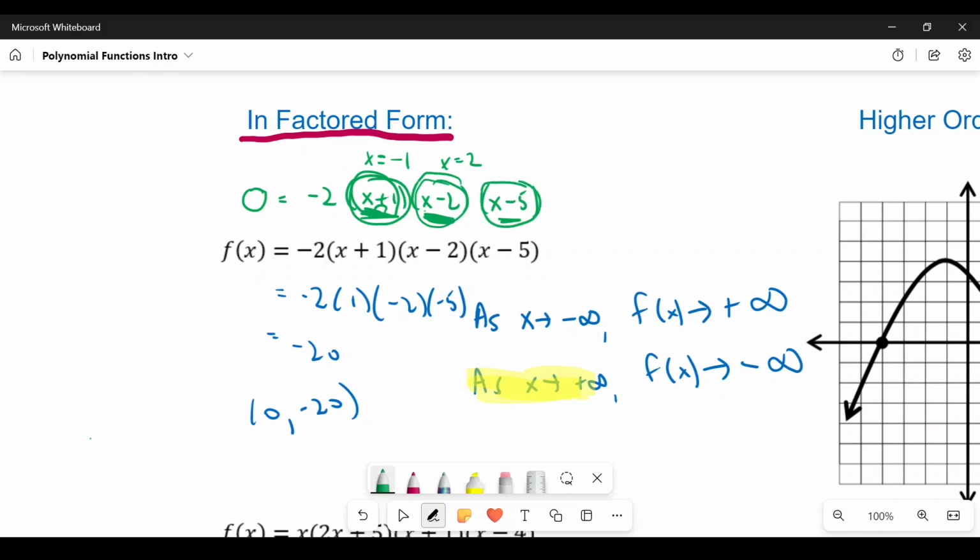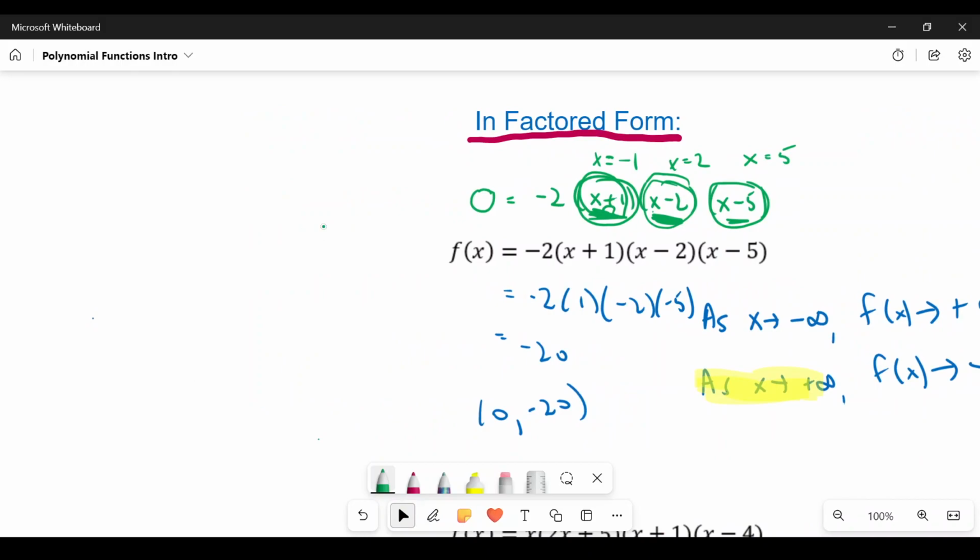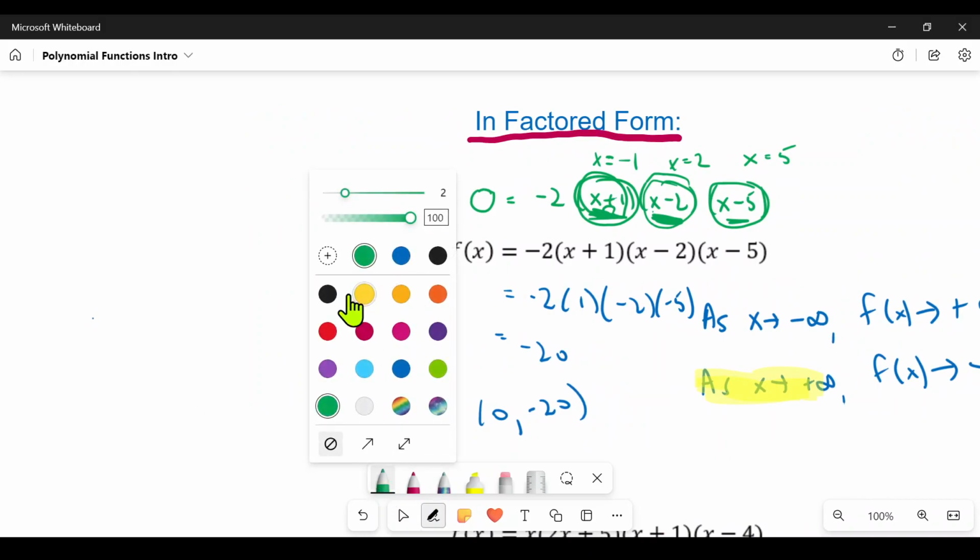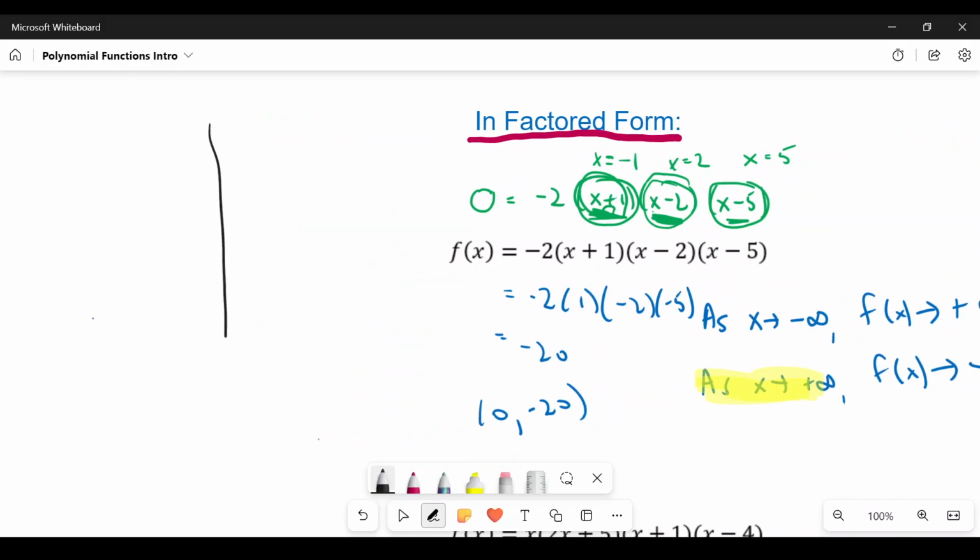And if I look here, I can see that if x equals 5, I've got another solution, so another root or x-intercept. So now, what we like about factored form is we can tell everything we used to from standard form, but we now also have the roots. And what that allows us to do is to make a reasonably fast, but reasonably accurate, in terms of important